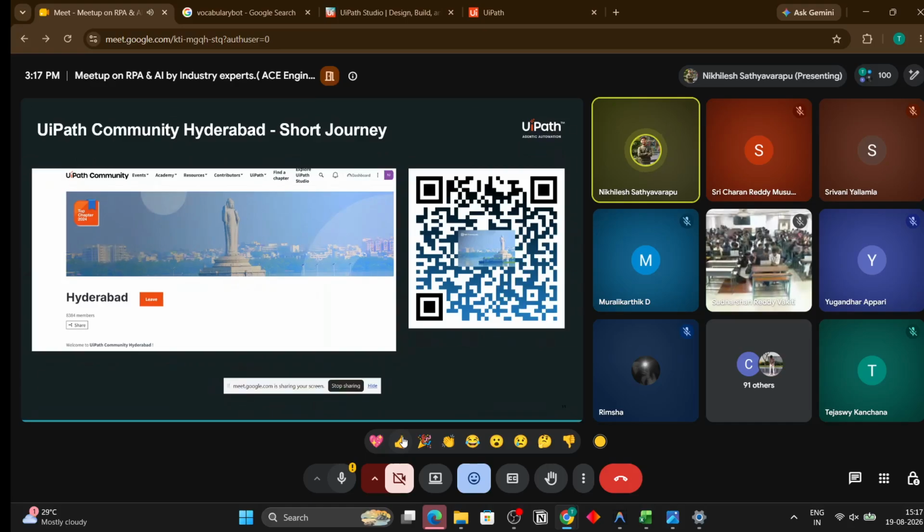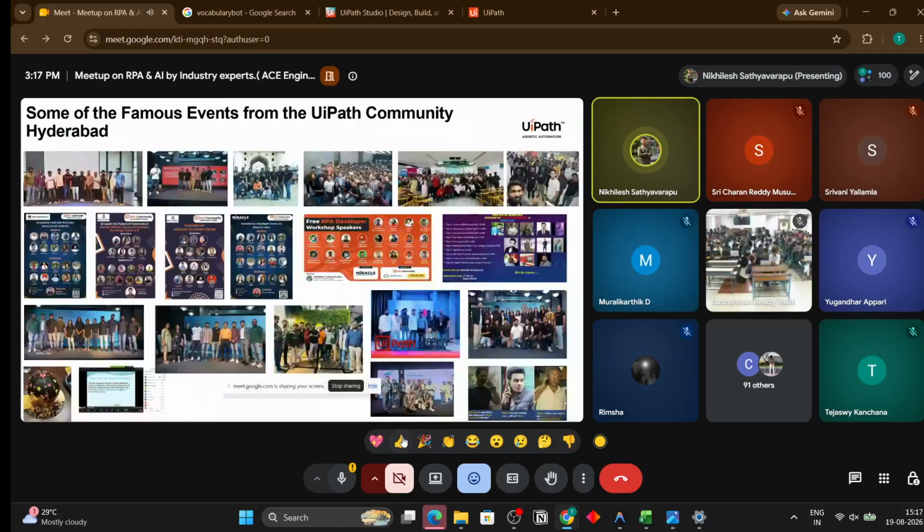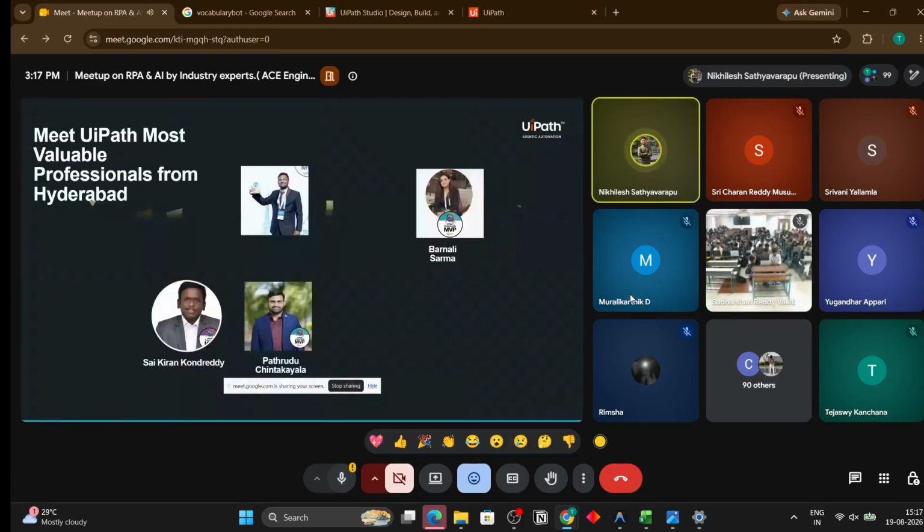And if you want to be part of the Hyderabad chapter, please join the Hyderabad chapter. This also he will share. You just join, the way you joined yesterday. For any local events, whenever you are free and get time, you can directly join the local events. These are some of the good in-person events we have done, where even Tejasvi and the ACE College team, Varun, and other ex-ACE core members usually join the online and offline workshops as well. Everything is free. UiPath community means it is free only. So that's about the UiPath community.